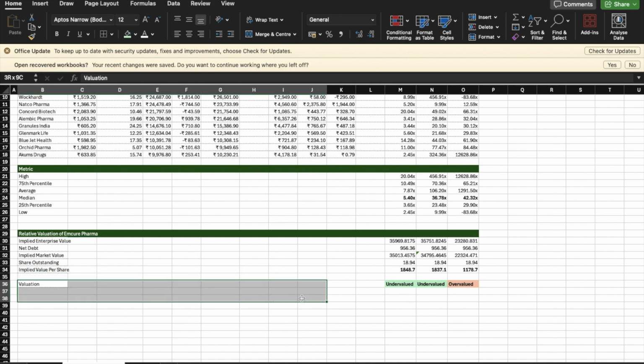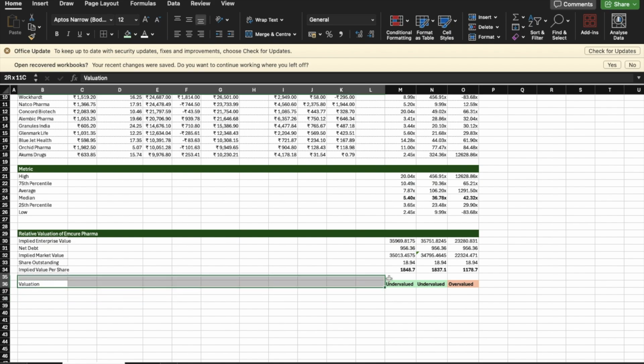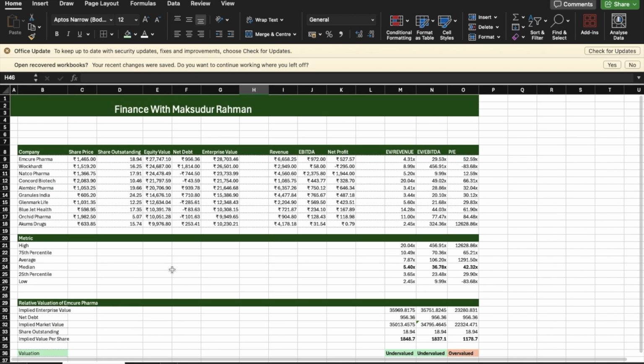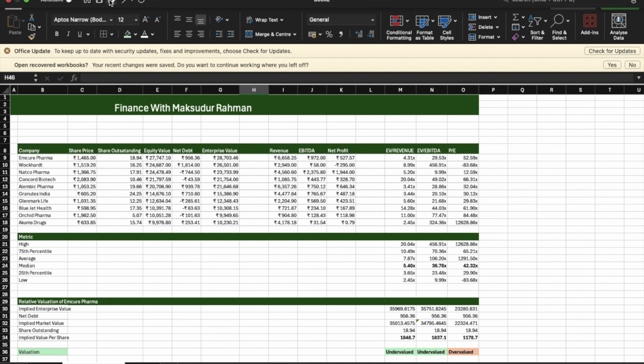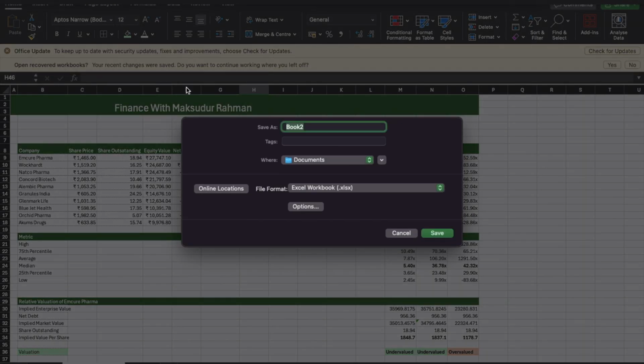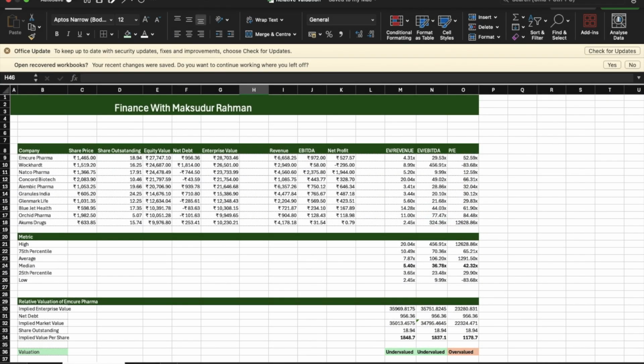What I'm saying is that I'm just recommending here. I'm not saying that if the share is undervalued you should buy it, or if it is overvalued you should sell it. It is just analysis. You will make your decision based on your own analysis and your judgment. This is my judgment, and I'm not saying that you should trust my judgment. I'm just showing you the method by which you can reach your own judgment. So that's it for this